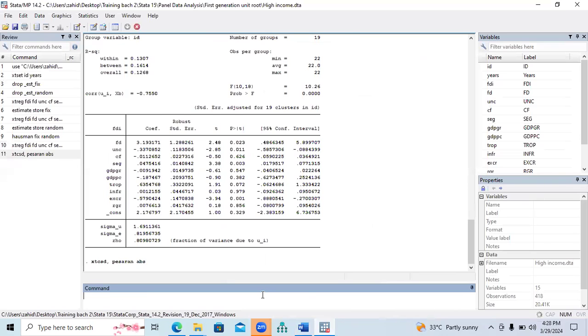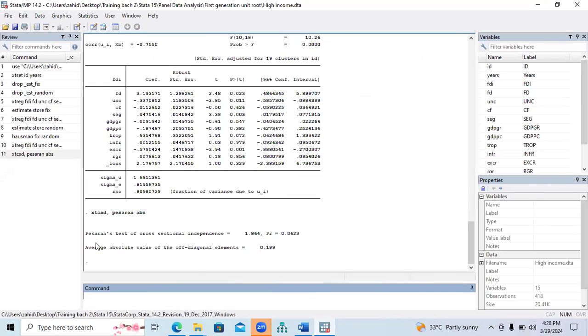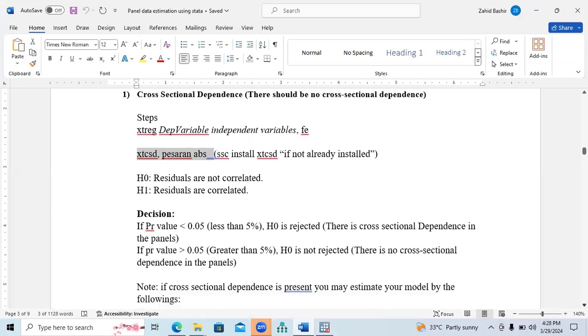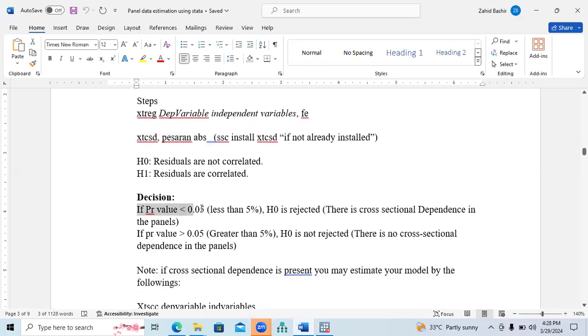So we run this command, and we need to see the Pesaran test PR value. If this PR value is greater than 5%, it means your data does not have cross-sectional dependence. But if it is less than 5%, it means there is a cross-sectional dependence. So if we see the guidelines, if PR value,